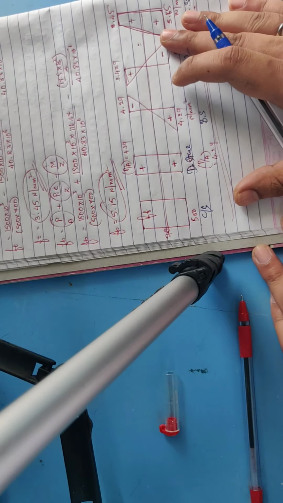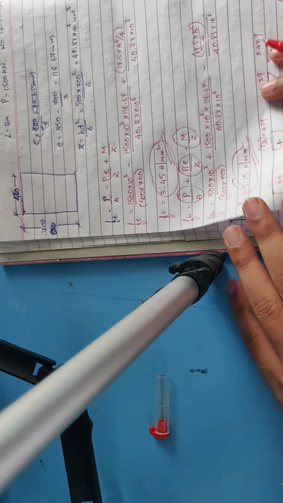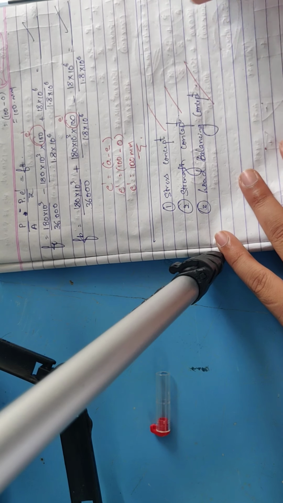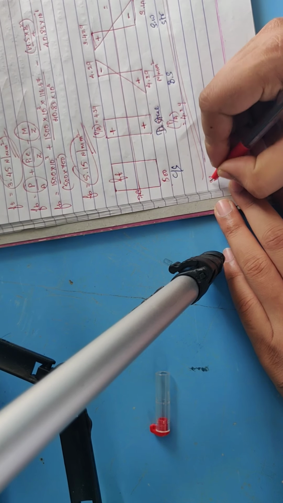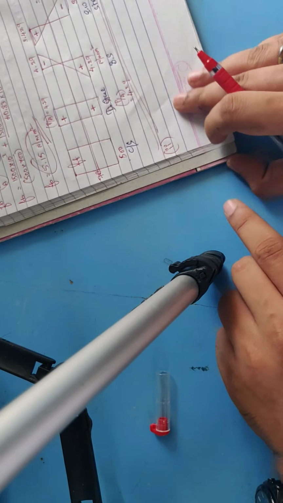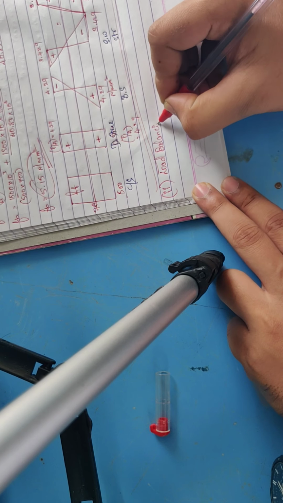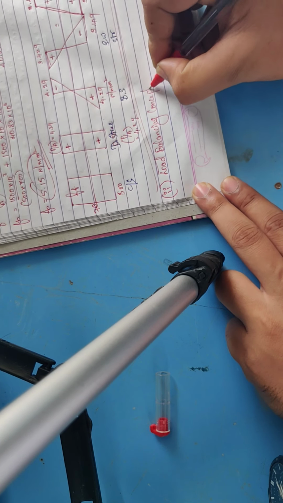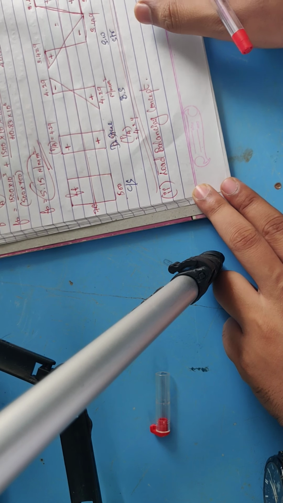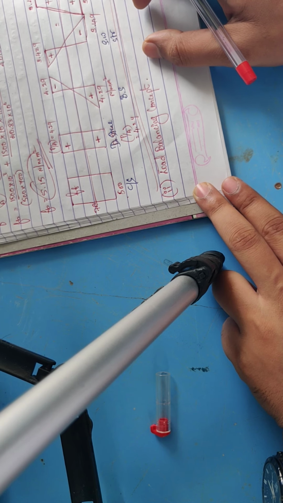Same problem only, we will continue. In the question he asked three types: one is the stress concept, and the second is the load balancing concept. This was our first case. Now we will go for the load balancing concept. Here the tendon is eccentric throughout the length of the beam.